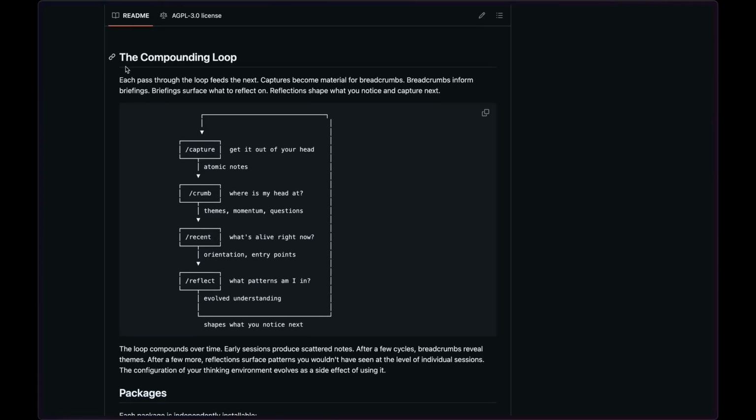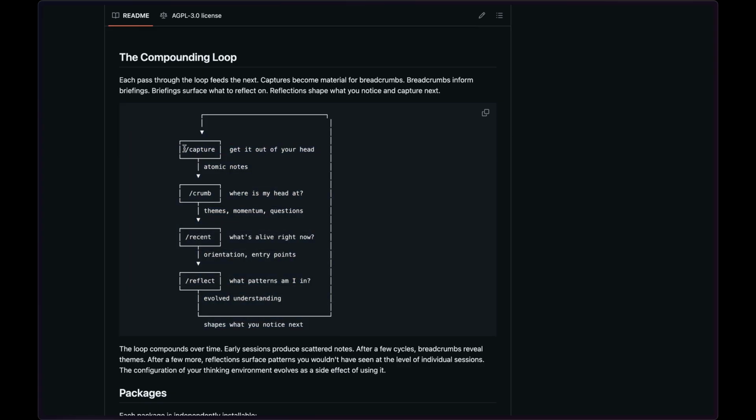Py is basically a set of tools for thinking with agents on the computer. So for me, this is mostly a note-taking exercise, but this can work even for coding projects. A lot of the same patterns are useful, and I'll show you what I mean as we get into this. But this is the main loop.